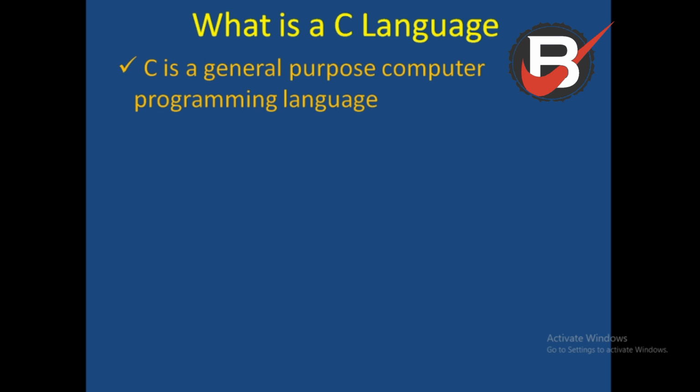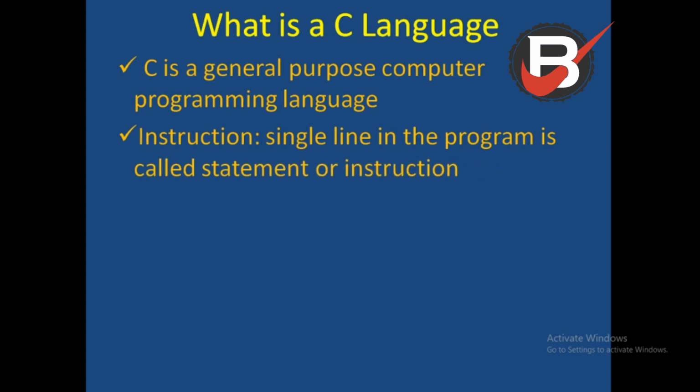Like that, C language makes it easy to communicate with the computer. How do we communicate with the computer? What is there in C? Simply understand, it is a programming language. So now we have to discuss programming. Just as we have a sentence in English, we have an instruction. An instruction is nothing but a single line, and we also call it a statement.